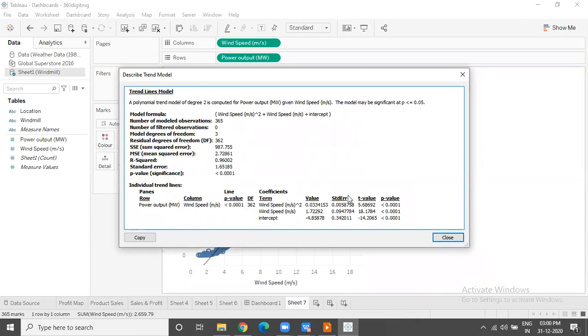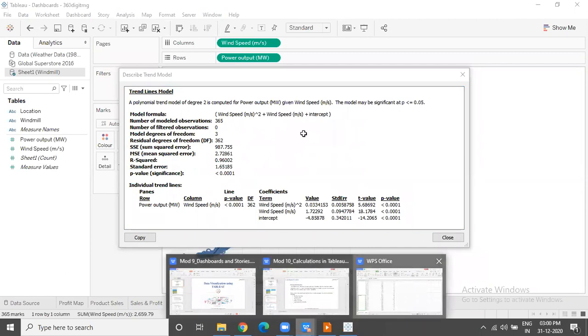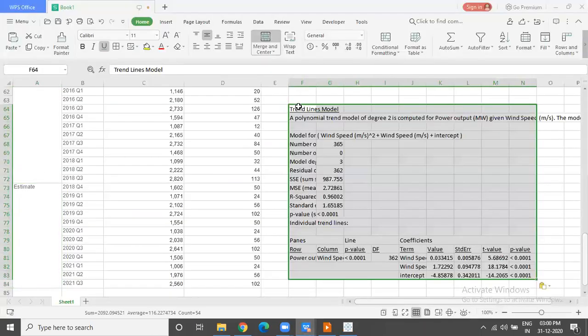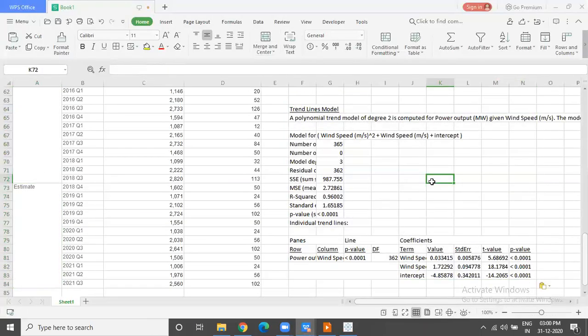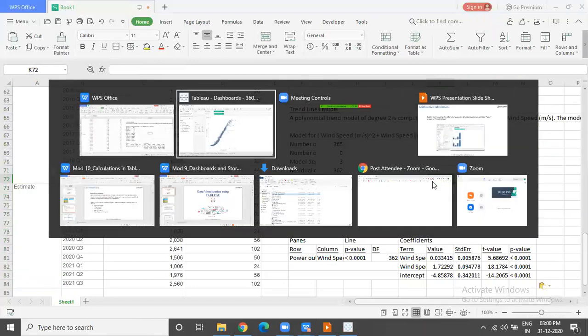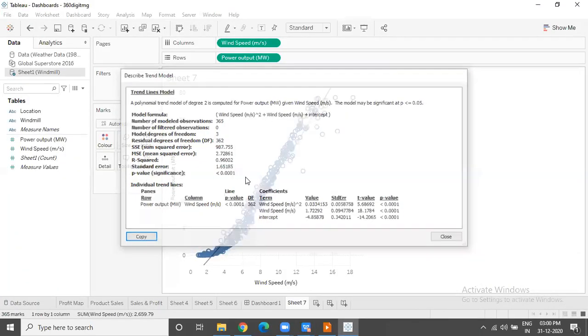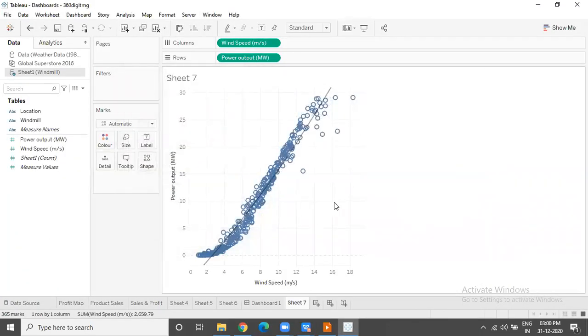So t-value, p-value, all these will come, which we can copy, and go and paste in an Excel and share it with people for whom we have created that model. Apart from just saving the chart, apart from showing them the chart, we can also show this statistical information behind the view. This is about predictive modeling. So the previous use case was for forecasting. This is for predictive modeling.